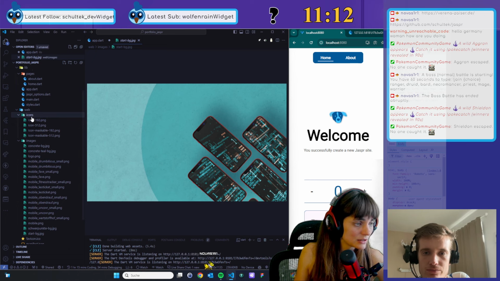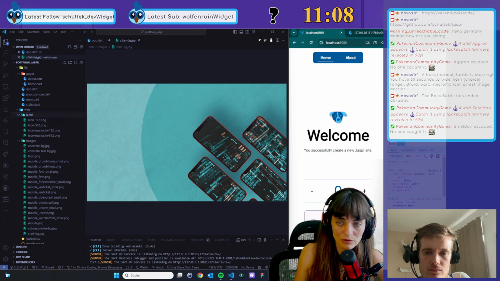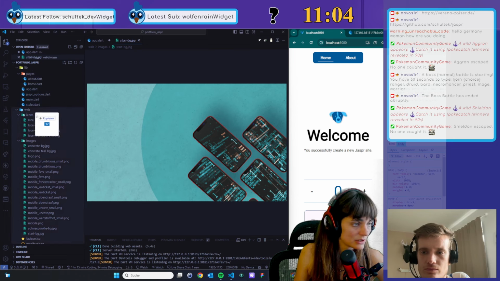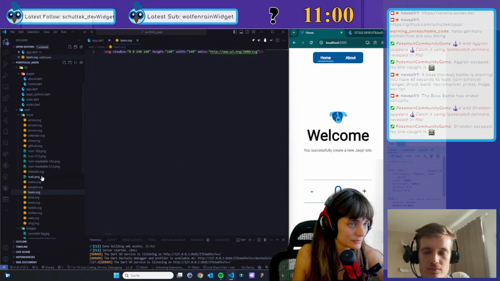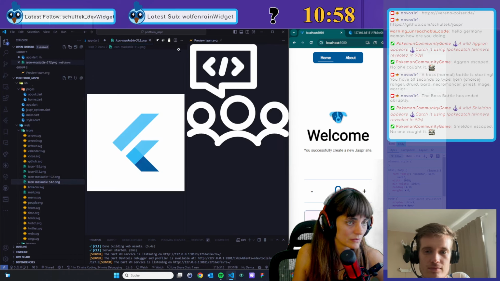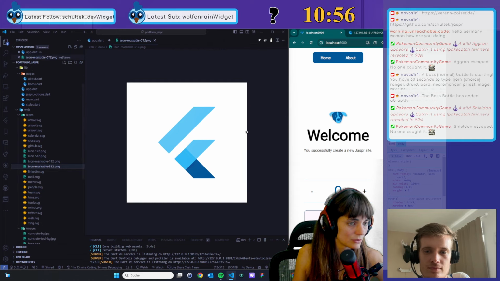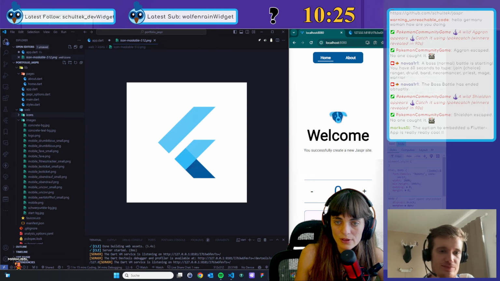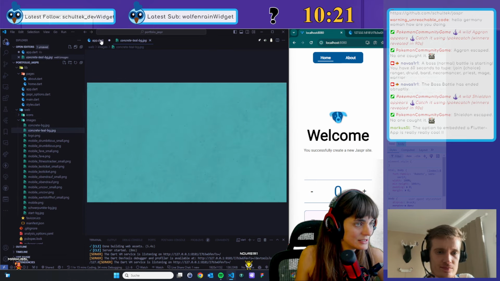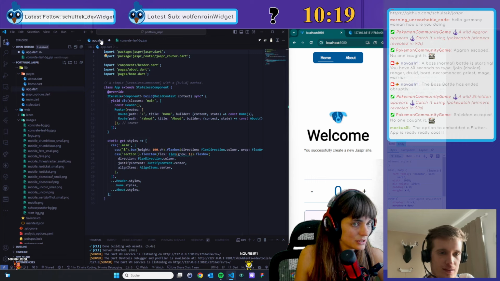There is an icon folder, so I would put them into the icon folder. It's like the Xing and LinkedIn icons. Yeah, something like that. Yes, so that's the assets. Nice.